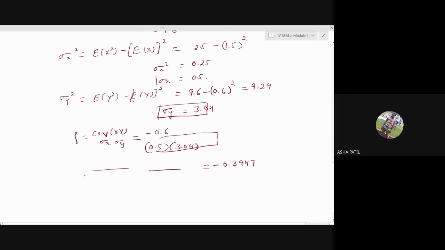They are simple. Lateral entry students, I think these questions will be very easy for you. All are similar to whatever we did in the first example, with a little bit of difference maybe in calculating the things. But all examples are similar: finding the marginal distribution, covariance, and correlation.